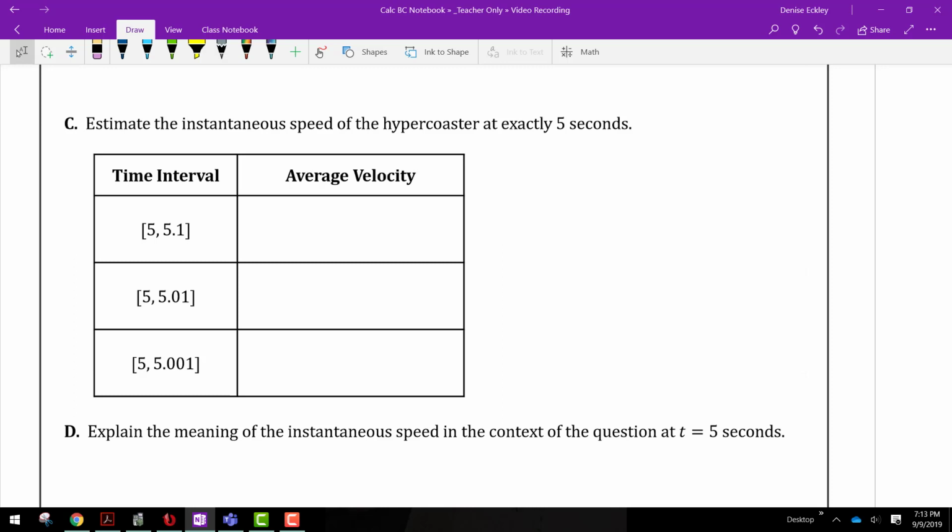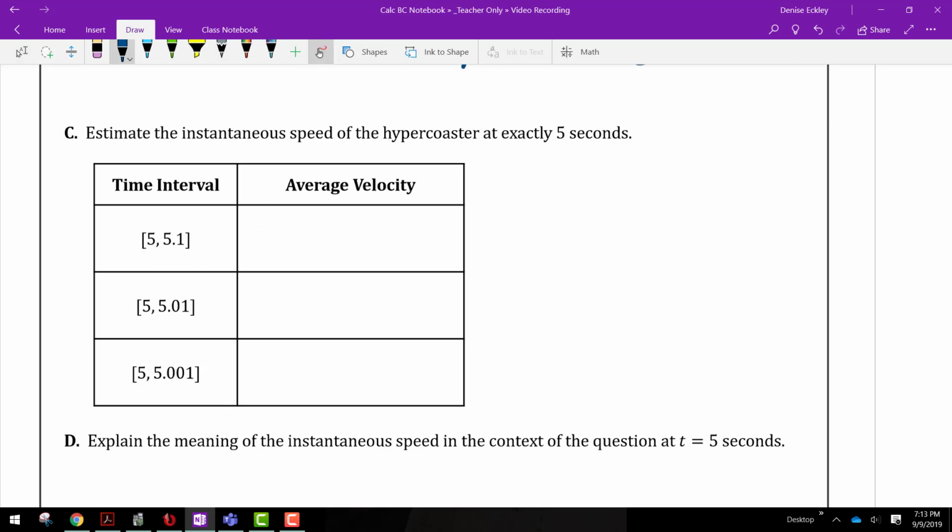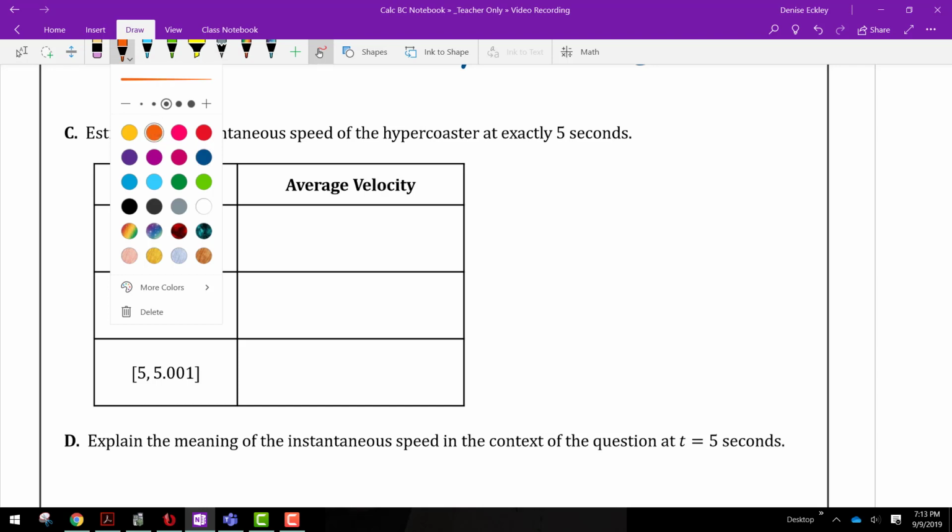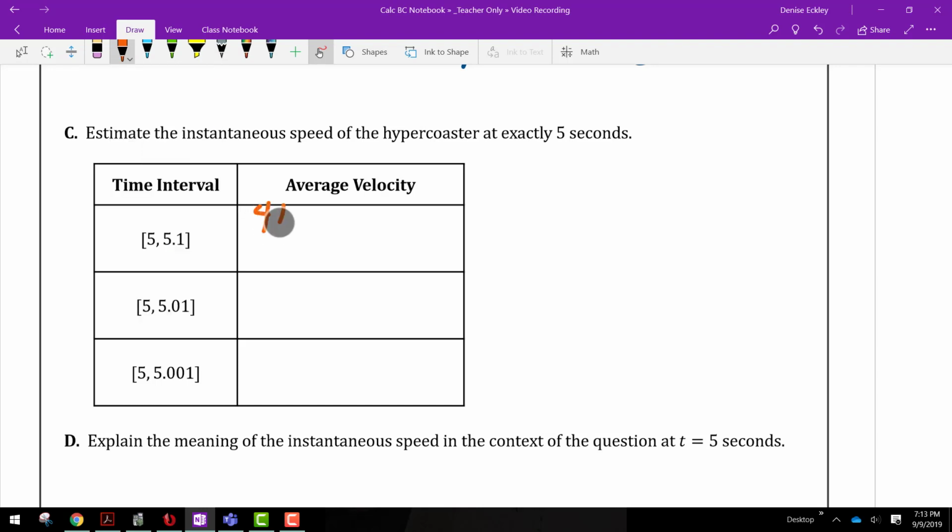So for the first one, I'm just going to do the first one in the table, and then I'll just write the values for the other ones. So I'm going to do 419 minus 414.26 over 0.1 second change. So this is 47.399. Okay, and then the next one, when I do the same kind of idea, I get